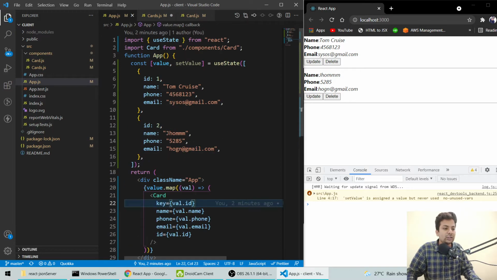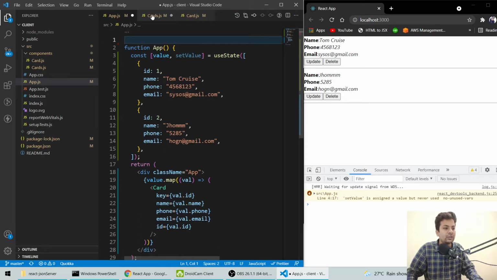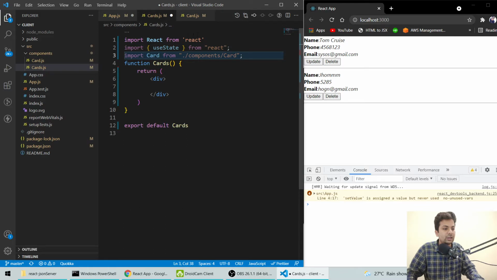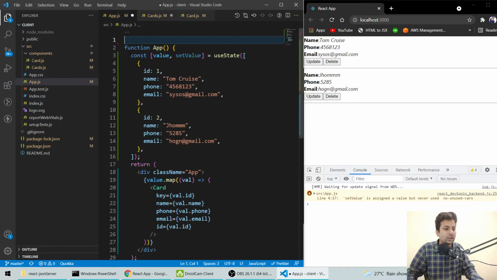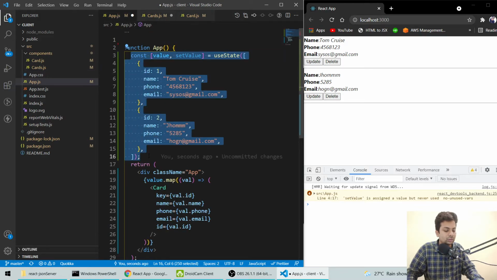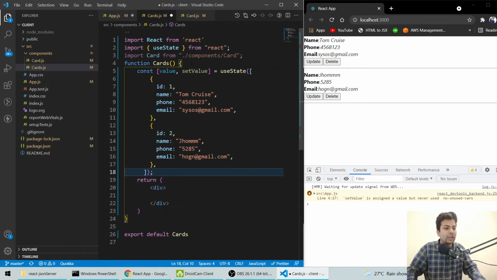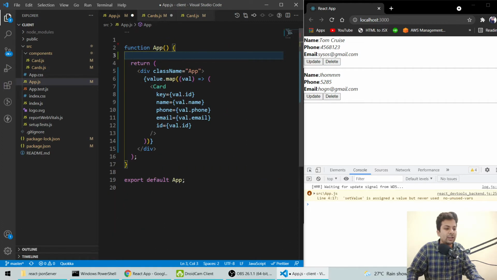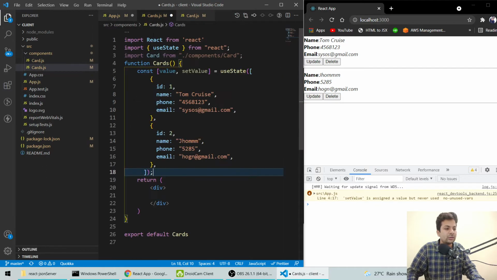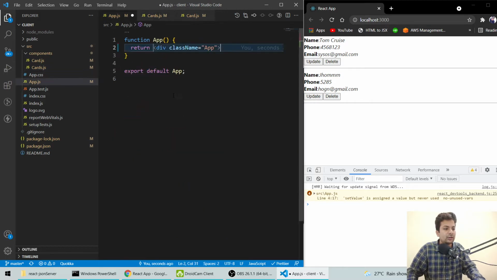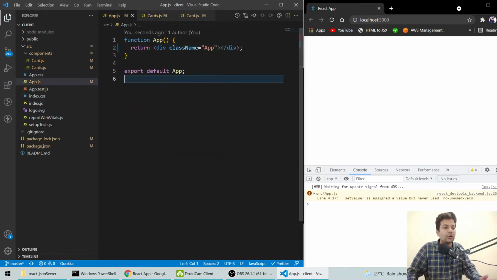So now we'll just copy this thing, Control X, and paste it here, and this thing also, Control X. I'm not doing anything apart from whatever I have done here. Then I'll return, I'll just Control X, save it. Okay, now the data is gone, because now we'll just import cards directly.